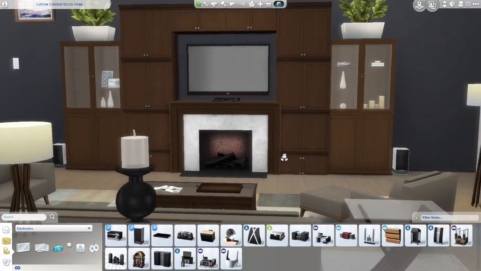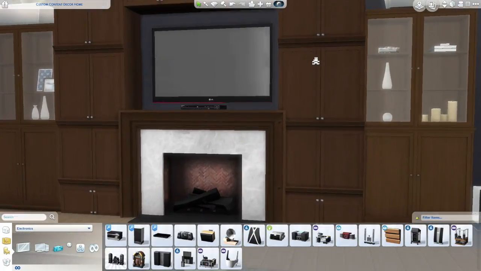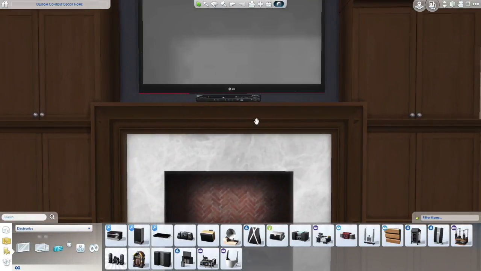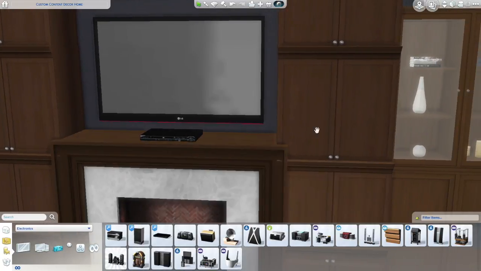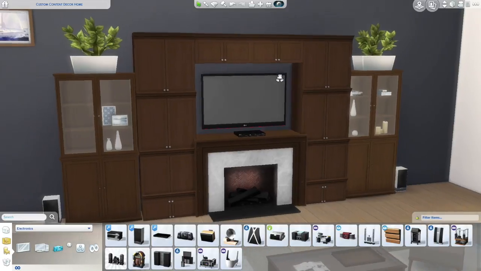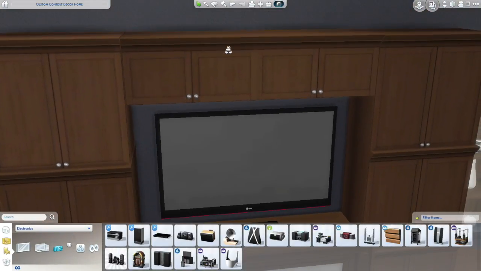Guys, so the entertainment stand area is done. I kind of like how it came out. The only thing that's concerning me a little bit, and I don't know how it's going to do when it's time to play, is can they still use the fireplace? I don't know, because this overlapped a little bit more than I would have liked, but because I was using two cabinets up here,